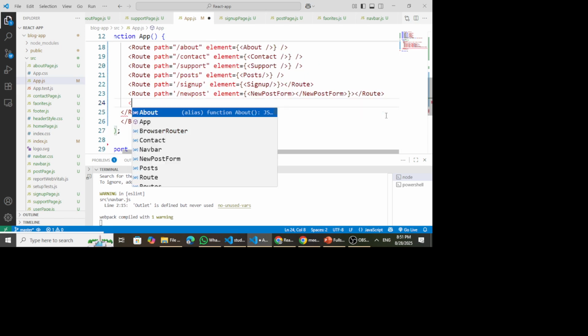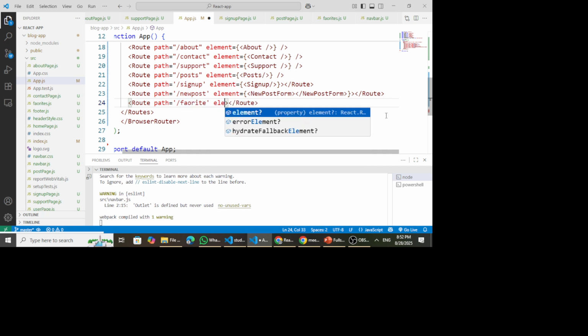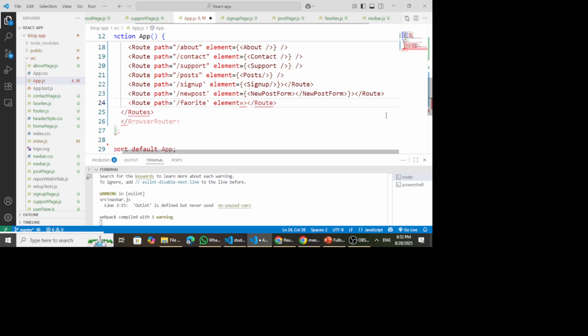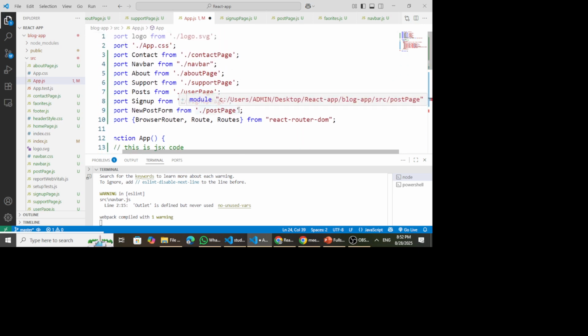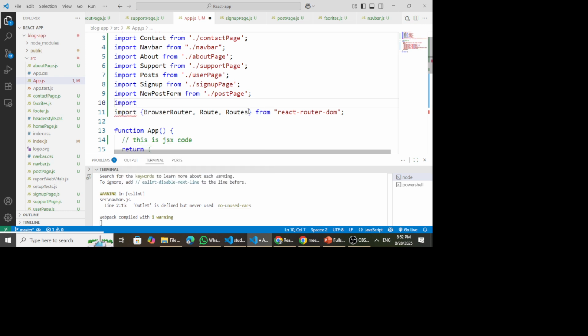and so we add a new route, and then within this route tag we add the path attribute. So when the path is favorite, which component should be displayed, or which element should be displayed? And so we are going to display the favorite post component, and for us to display it here, we must import it within the app.js. So we import favorite